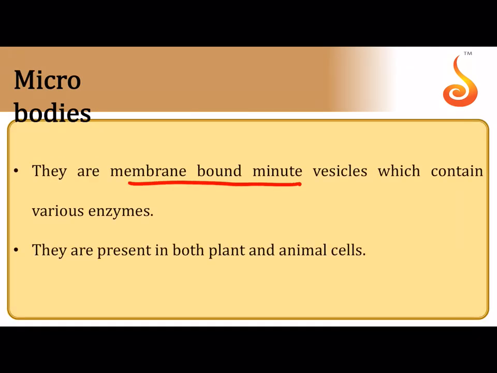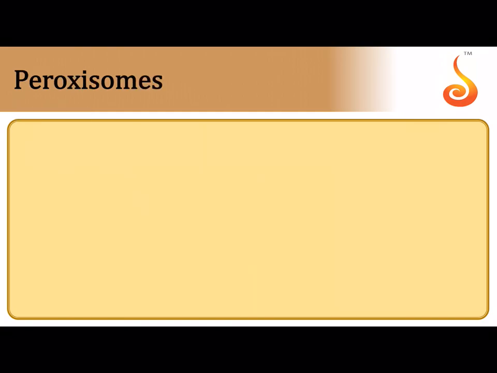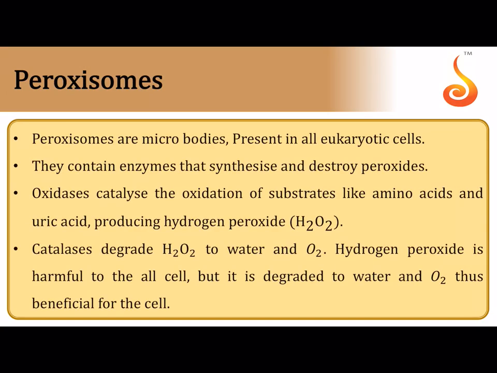Microbodies are membrane-bound substances. These microbodies are found both in plants and animals. Let us see some of the microbodies. Peroxisomes are very common in plants. They are very closely associated with mitochondria and chloroplasts. They have enzymes that are required for the synthesis of peroxide, that is hydrogen peroxide, that is glycolate oxidase. That is basically the one enzyme, oxidase, which helps in synthesis of, most importantly, you have